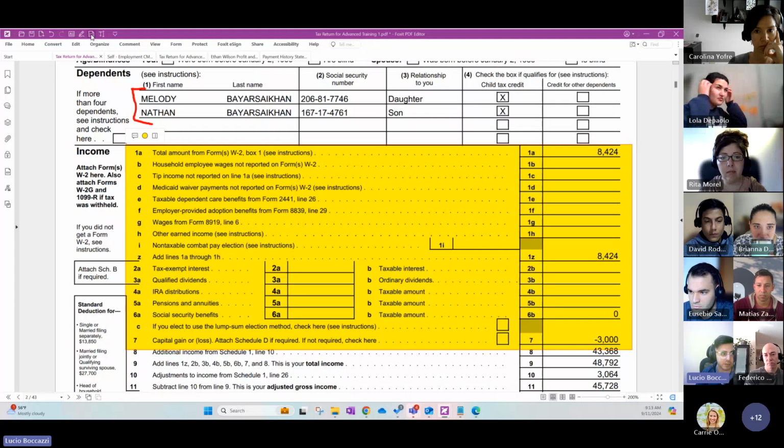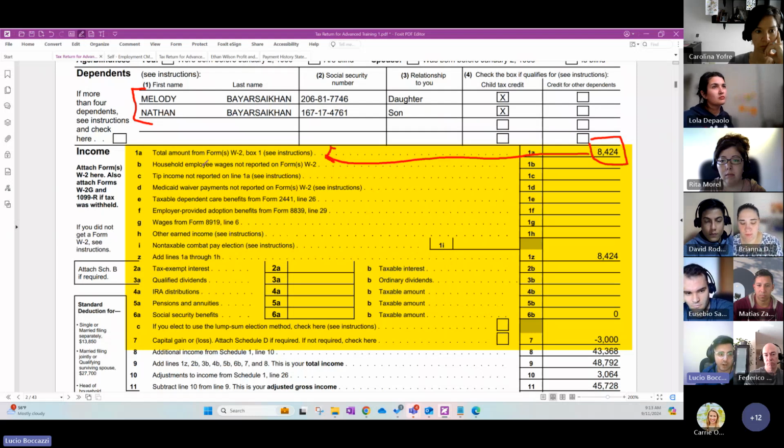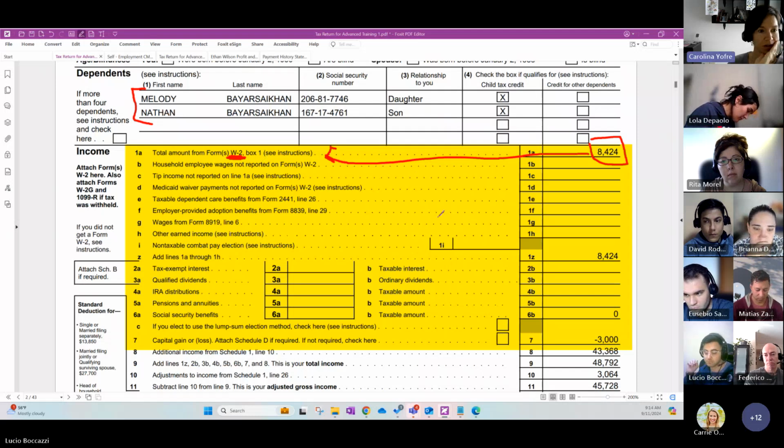And I'll see that there are some numbers in here. There's one here. And if I check into the description, I see that there are wages present in the tax return. Yes, Carrie. Sorry, Lucio, I just wanted to ask you, if their marital status or if there is a person on the tax return and it's not on the application,